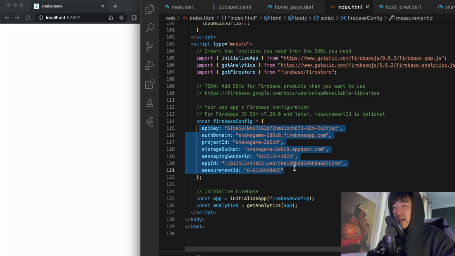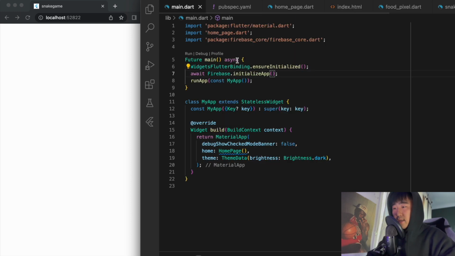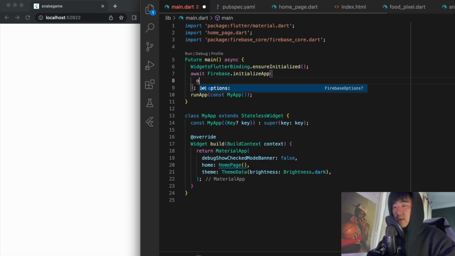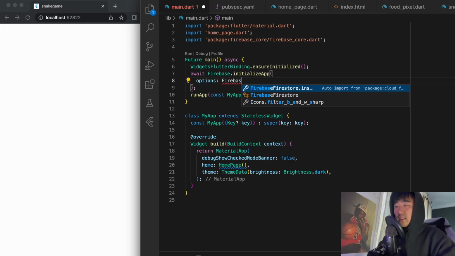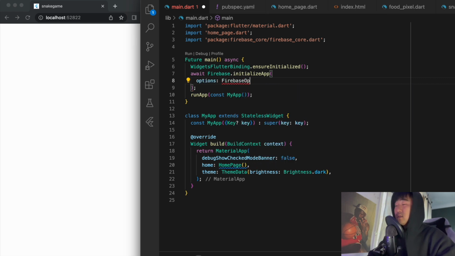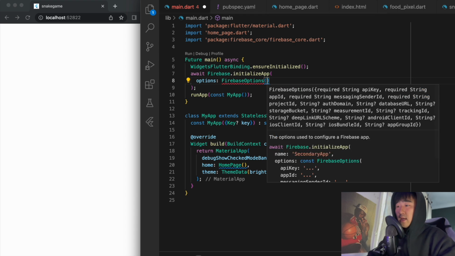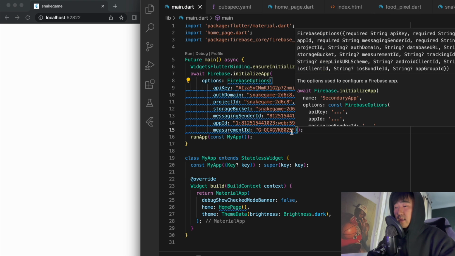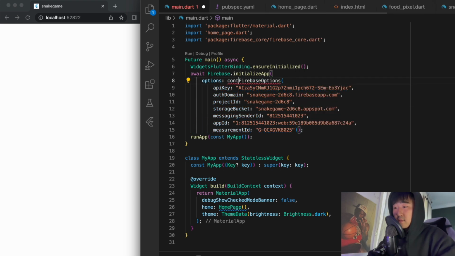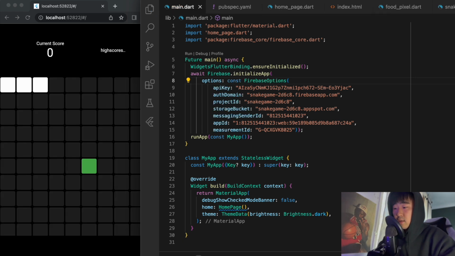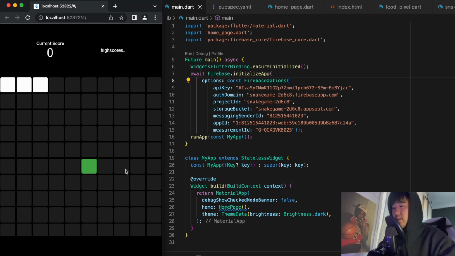Grab everything inside this. Go to the options here and say Firebase options, and paste everything that we just had. Okay, so if I just rerun this, then we get no errors and our game is loading up on the